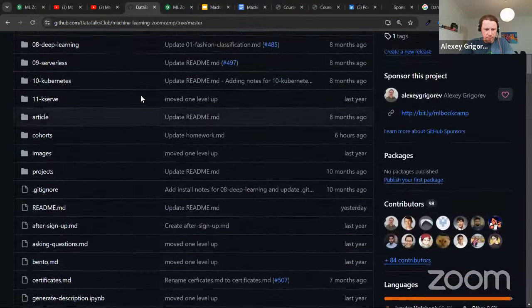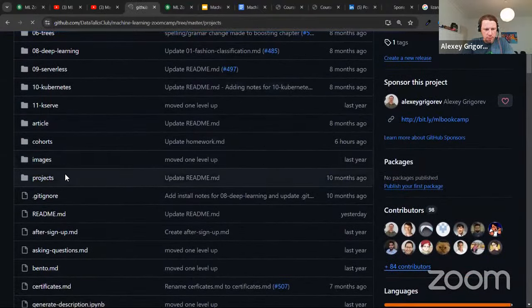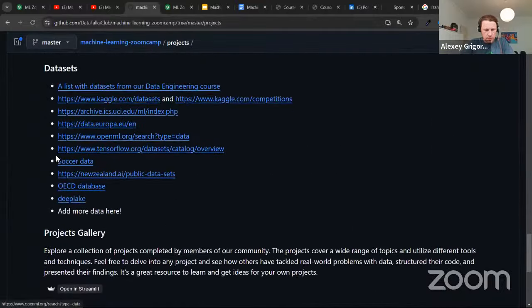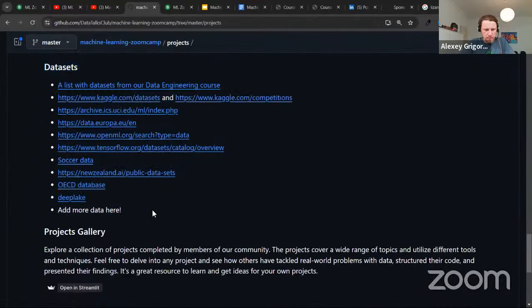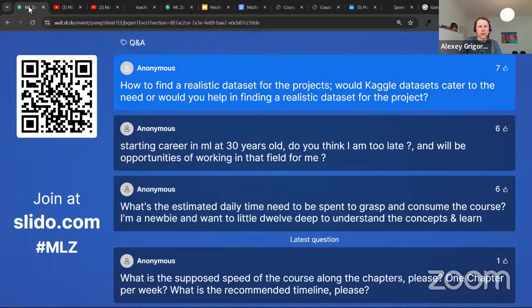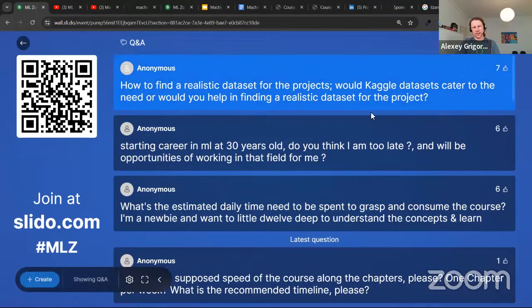There should be links. If we go to projects, FAQ, oh, data sets. So here. There are some links to data sets. You can also check past projects to see what kind of data sets they use. And of course, we are always happy to help if you get stuck. But Kaggle is really a great source.